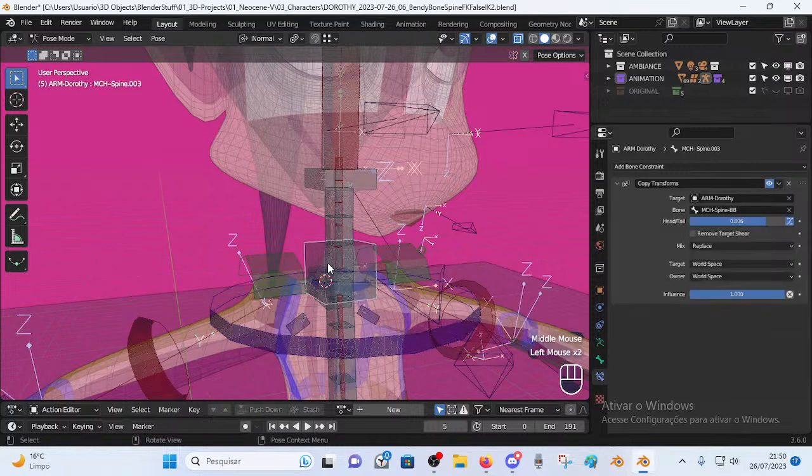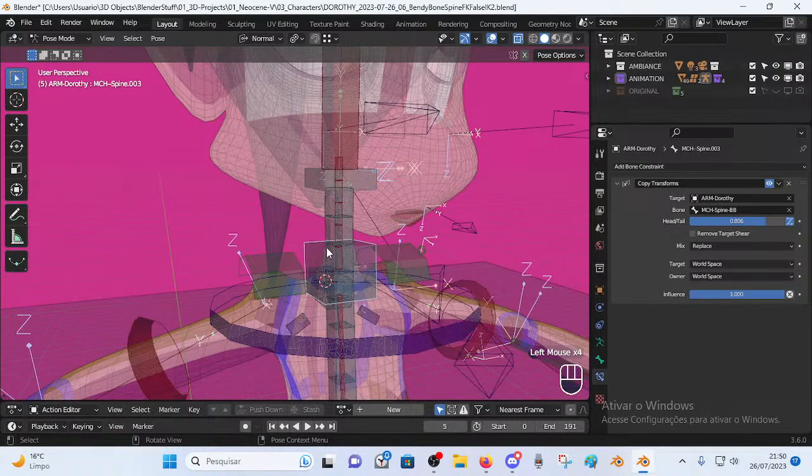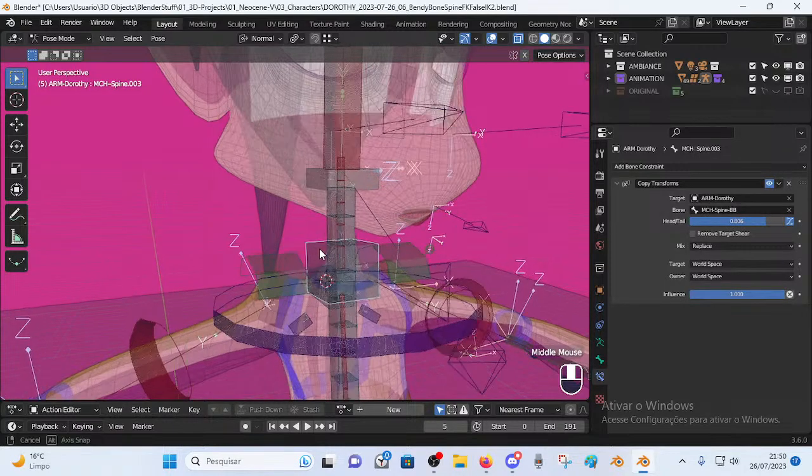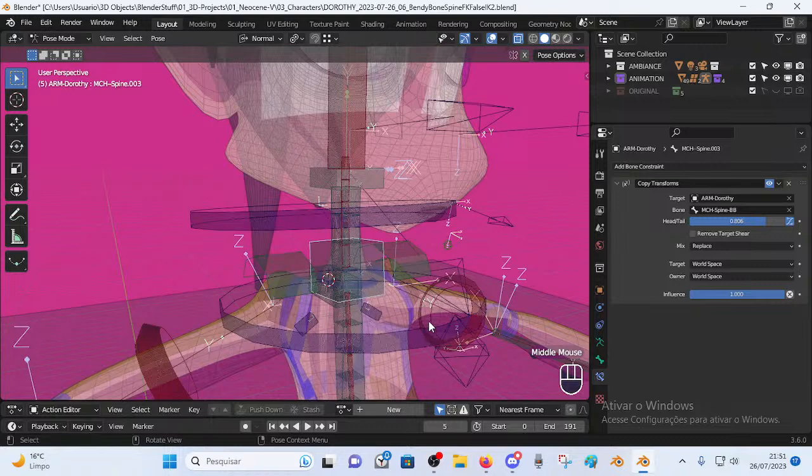I was deleting the bone constraint for the wrong bone, not for the buffer bone. No, I was deleting the bone constraint exactly from the bone that was supposed to maintain it. So this is why we delete it here, while the other maintains it,